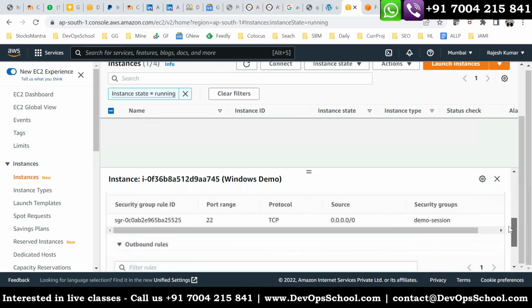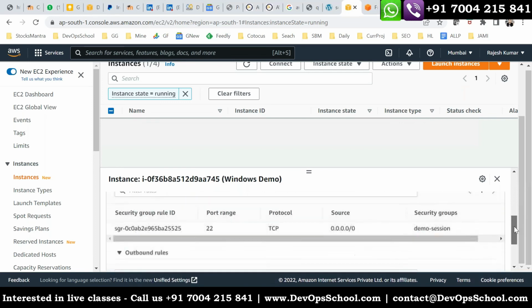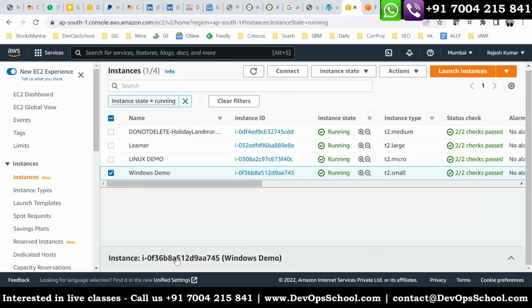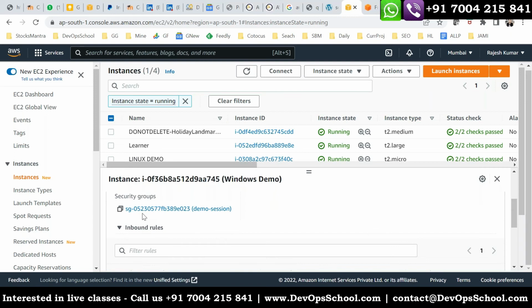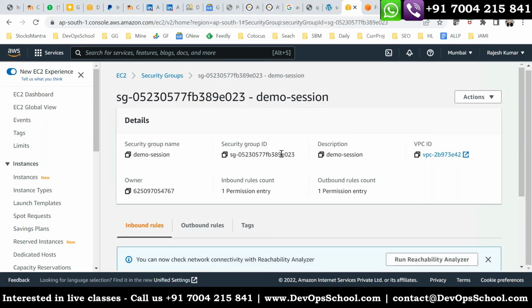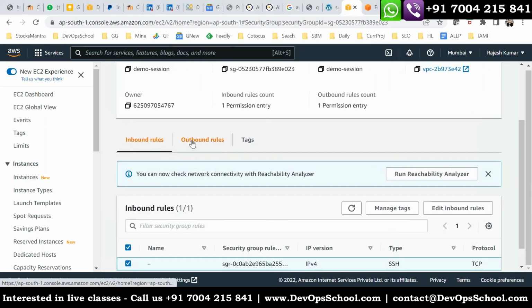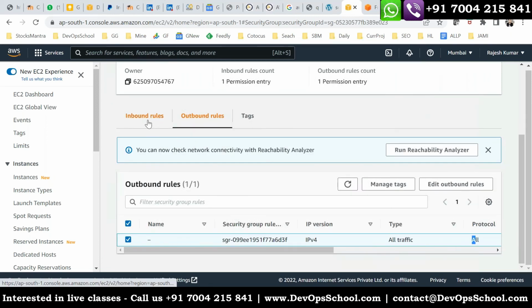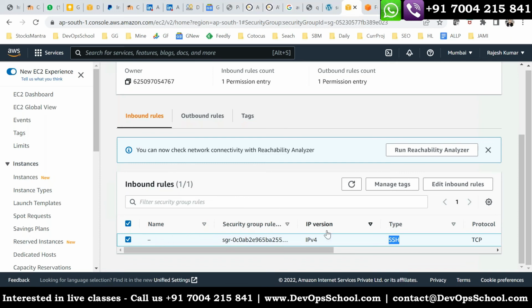Okay, so this is a security group. I don't know how many of you are comfortable looking at it this way, but go here and click on security group. This is inbound, outbound. Outbound means where the machine can connect to, and it is always all traffic. But inbound, you have to define who is coming in from outside and who should be allowed to come. So here I allowed SSH, but I'm going to create